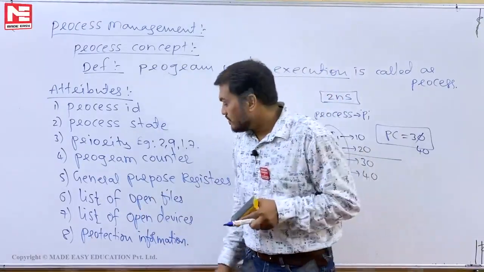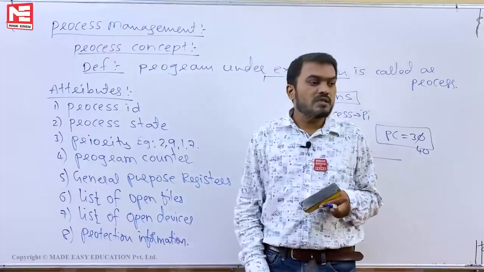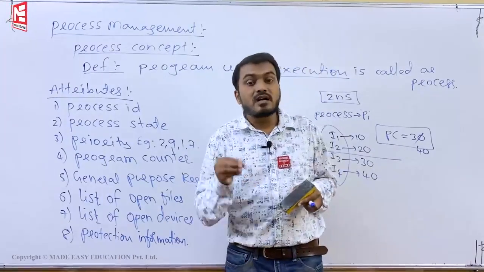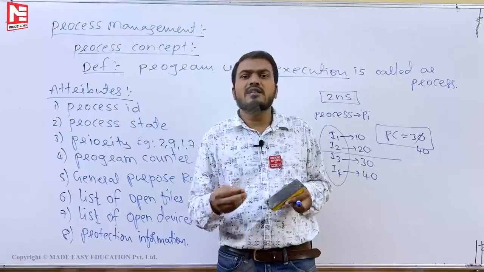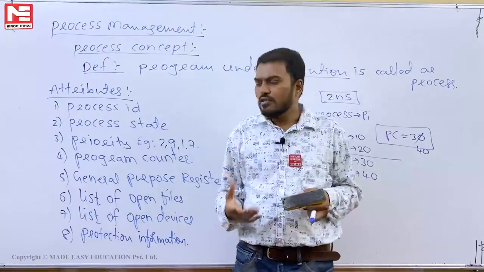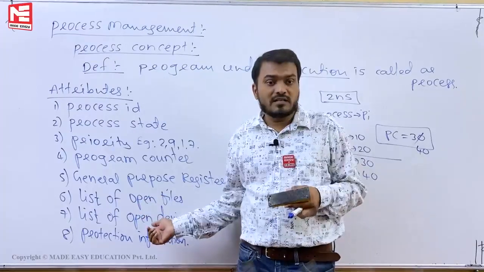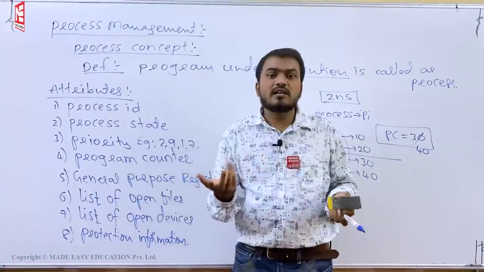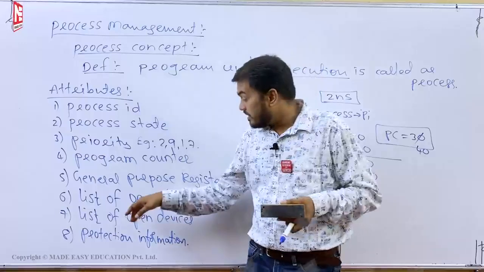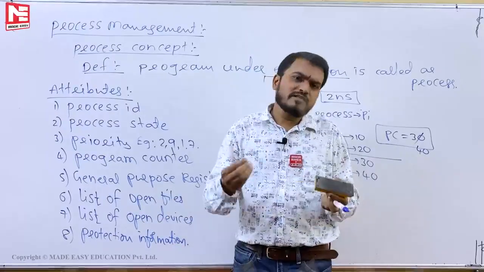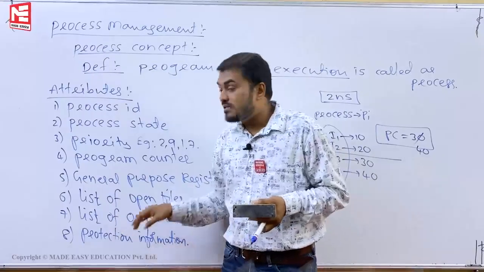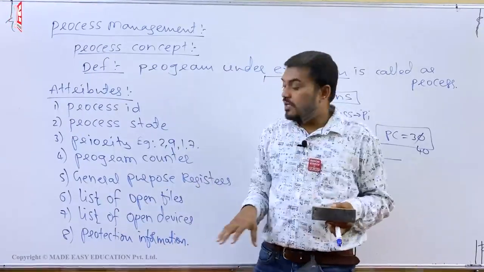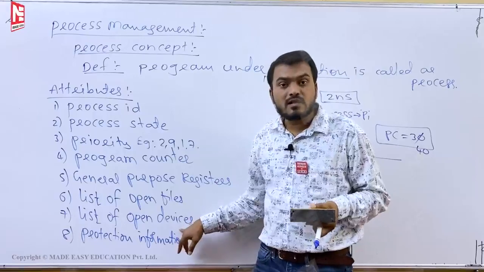And the next is what? List of open devices. It means what are the devices currently used by the process? Like currently your process is using, let's say, a printer, so that printer ID will be maintained here. If your process is using a scanner, the scanner ID will be there. Every device will have its own ID, obviously. So what are the devices currently used by the process, that information is maintained in the list of open devices